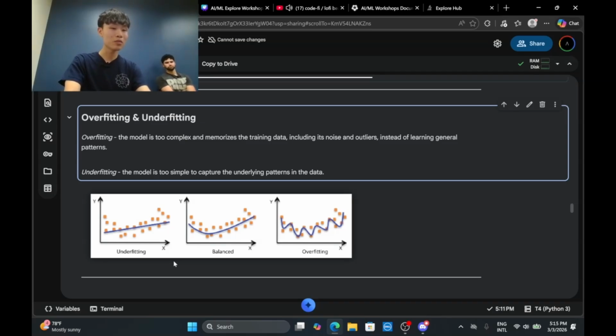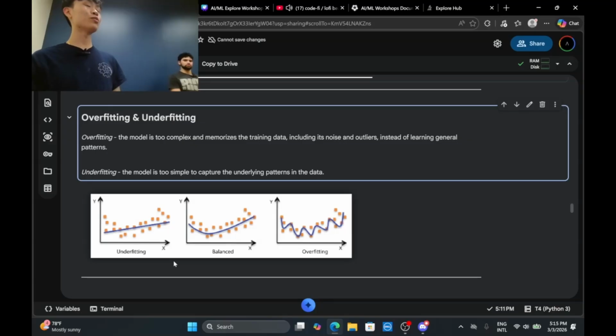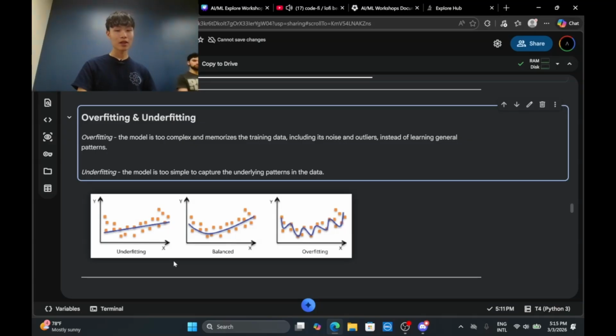So how do we know what's the middle, where it's not learning too much, that is, memorizing the data, but it's learning enough to perform a task well? That will look something similar to the middle image, where the model is adapting to the data, making a curve like a banana shape right here, rather than overfitting, which is adapting to the memorized data.